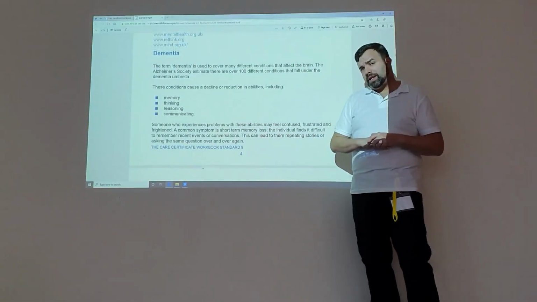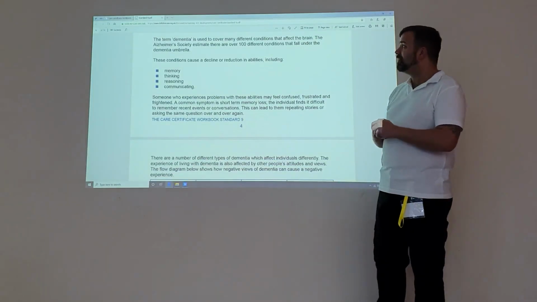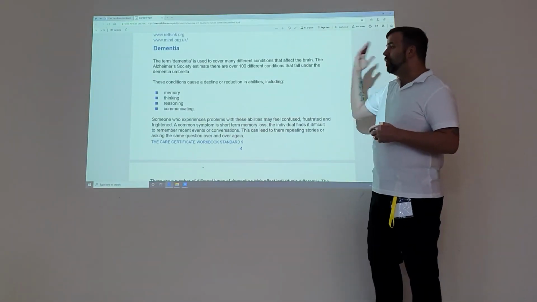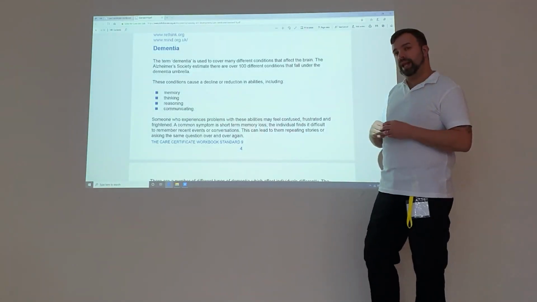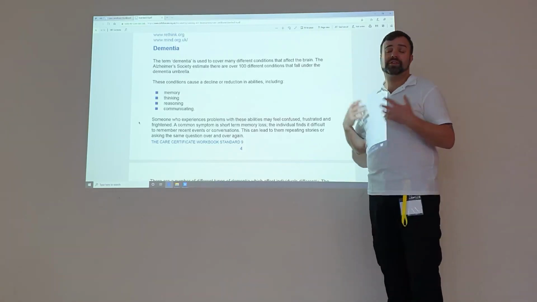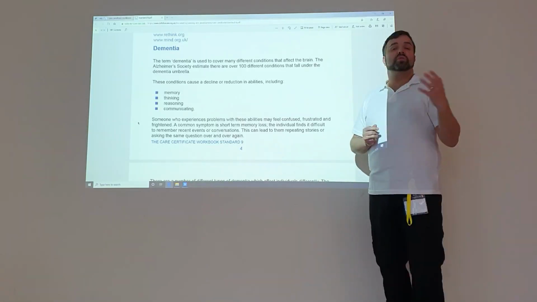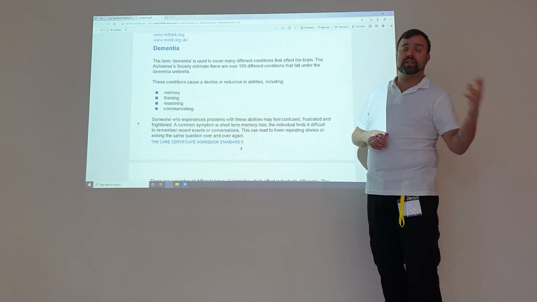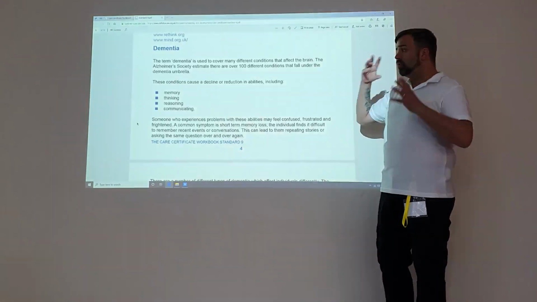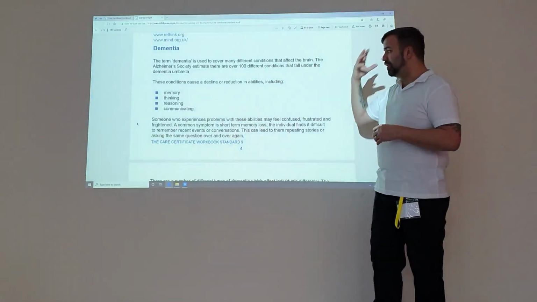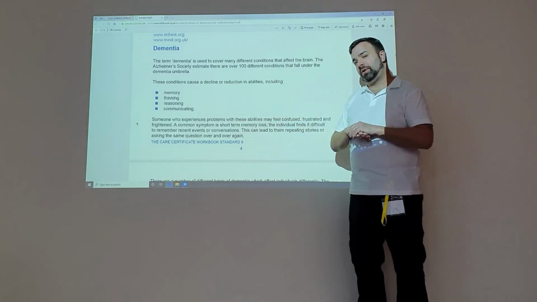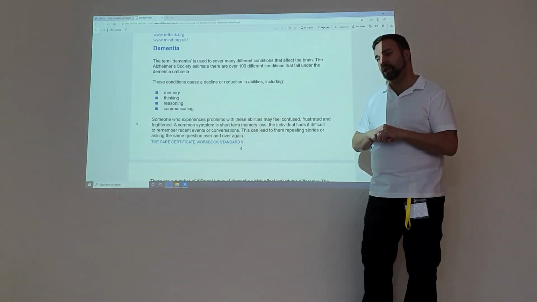Now let's move over to dementia. So dementia is a cognitive impairment, and we know it's on the rise because we're an ageing population. However, dementia does not associate with just the ageing population. So one of the youngest people diagnosed is 23 years old, so we know it's not around that. We know what dementia is and does, so it affects our memory, our thinking, our reasoning and our communicating skills.